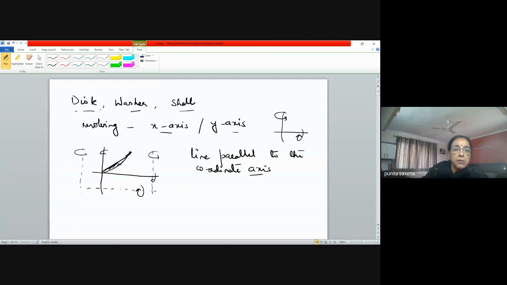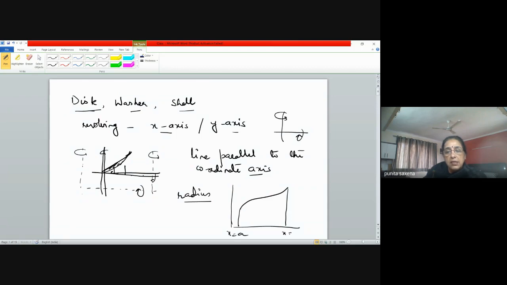Like for example, in the disk method, what are we looking at? The radius of the disk, the radius of the circle that is cutting it. So the radius will be measured from where? The center. If you are revolving around the coordinate axis, then the axis itself forms the center; the points on this axis form the center, and therefore from there you can calculate the radius. Like the example we did the other day, say supposing we had this general curve with x equal to a and x equal to b as the bounds, and this was the region.